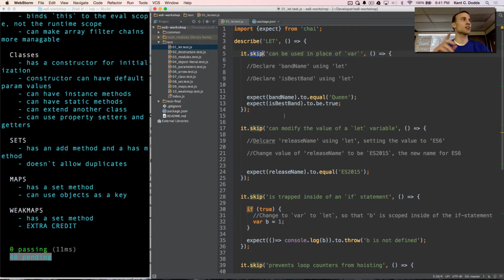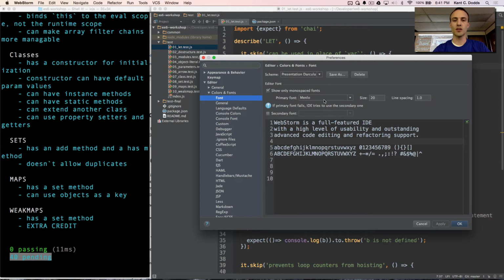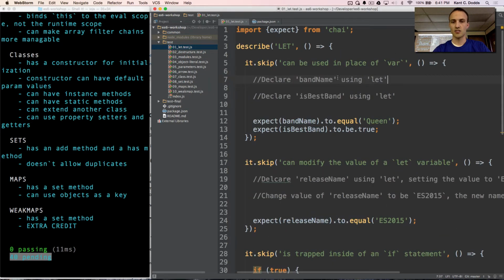So really quick, I checked before, but is anybody having a hard time seeing my code? Yes? Okay. Would it be better to be bigger or to be a white background? So I could do bigger. Okay, let's do 26. How's that? Is that better? Okay. That good? Great.